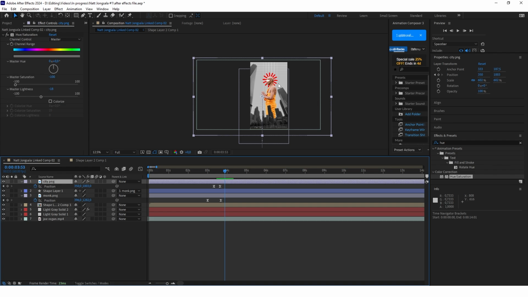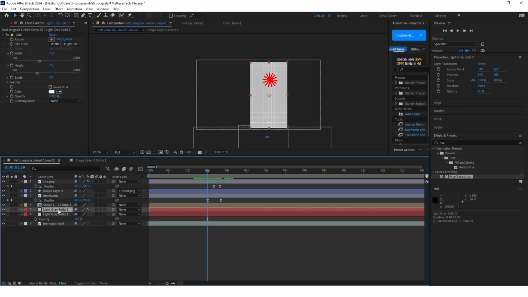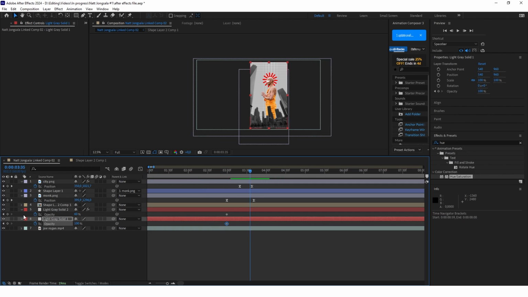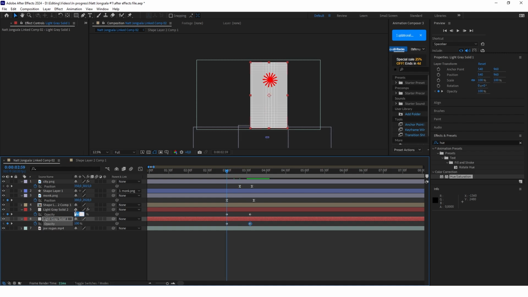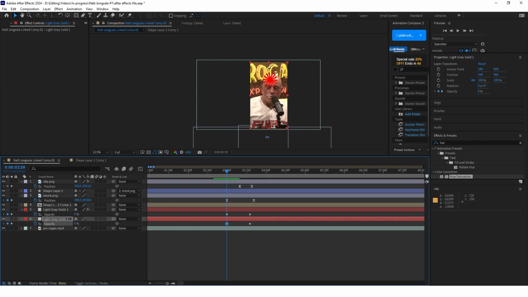So to do this, we have to just simply keyframe the opacity on the background layer and on the Joe Rogan podcast layer in my case. So go to 3 seconds and open the opacity on both the grid and background layers and keyframe it on the 3-second mark. Now go to somewhere here, a little more than 3.5 seconds, and keyframe the opacity again. Go to the first set of keyframes and set the opacity to 0 on both the grid and the background. And of course this shape will animate in a moment, so don't pay attention to that right now.